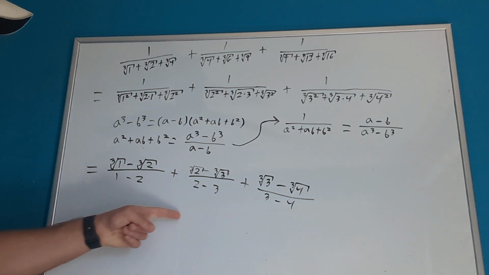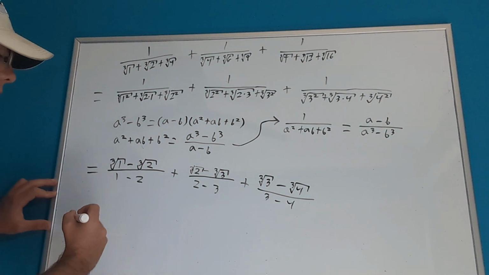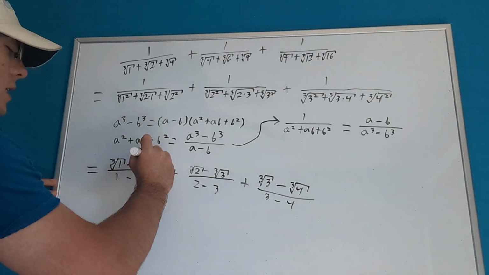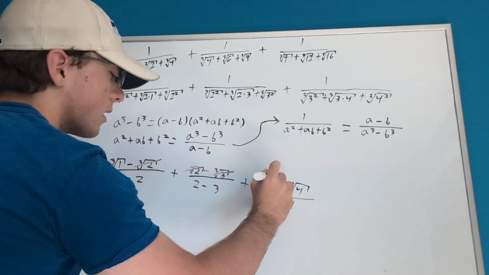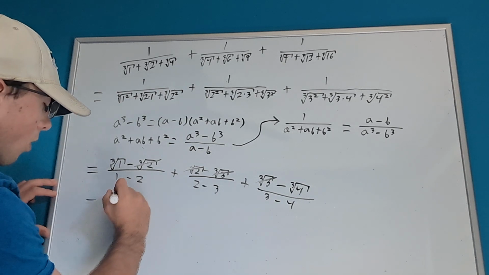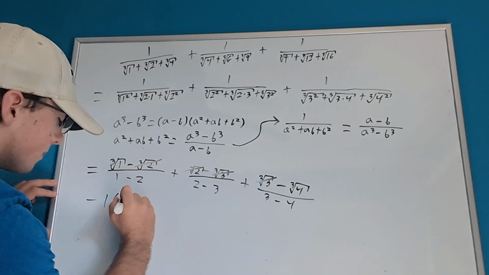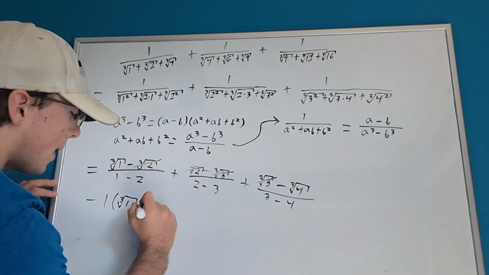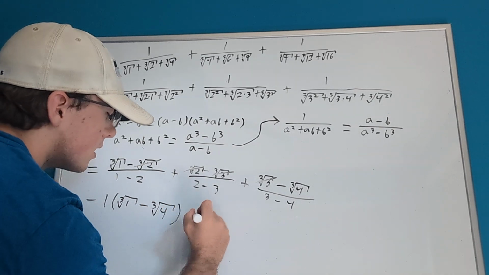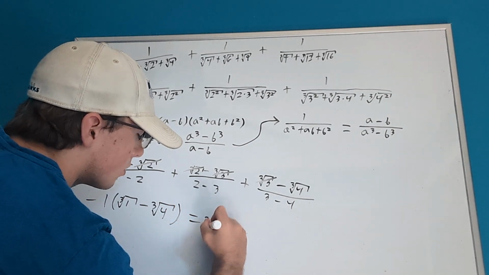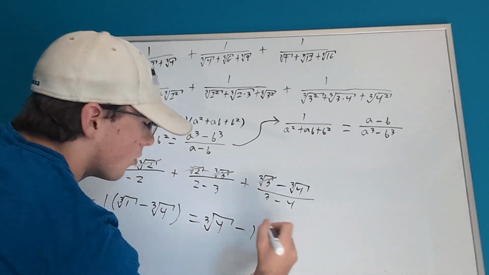Then we see that each one of these will be negative 1, so we can factor out a negative 1, but we'll also see that this will cancel out with this, right? And this will cancel out with this. So we'll have negative 1 times the cube root of 1 minus the cube root of 4, right? And this is just equal to the cube root of 4 minus 1. And that's our